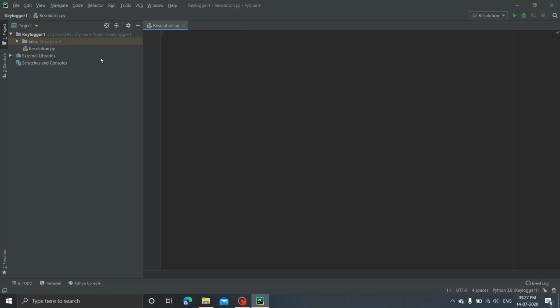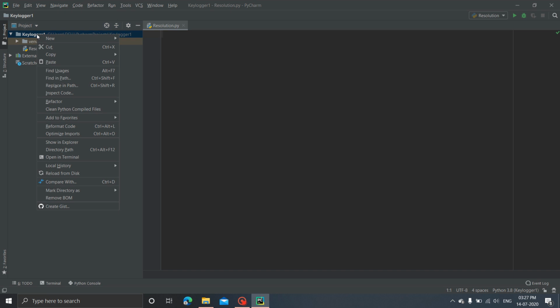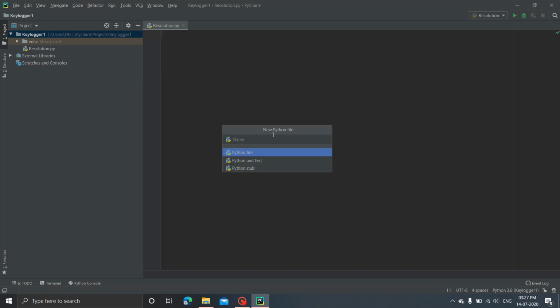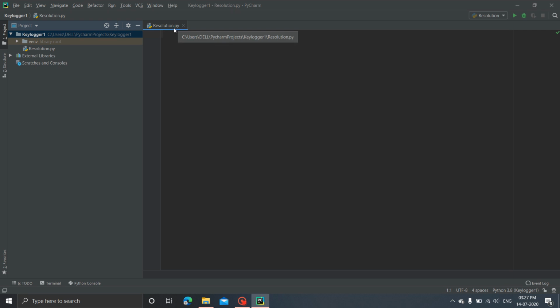I would tell you the process for creating a new file. Just go to this directory and right click on it. When you right click, you see this New option, and then you see a Python file here. You click on this Python file and type the name of your file without any extension, and automatically the file gets created with the .py extension, stating it's a Python file. So the first thing that we need to do is import the package.